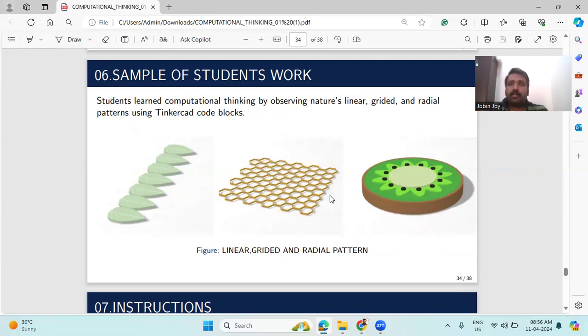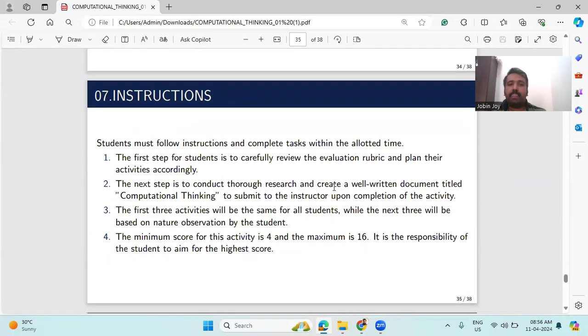So giving a common activity to all the students will help them to understand the tool very systematically. Okay, so they are understanding the tool very systematically, and they are preparing these three designs: linear leaf pattern, honeycomb gridded pattern, and 360-degree radial pattern. Okay,